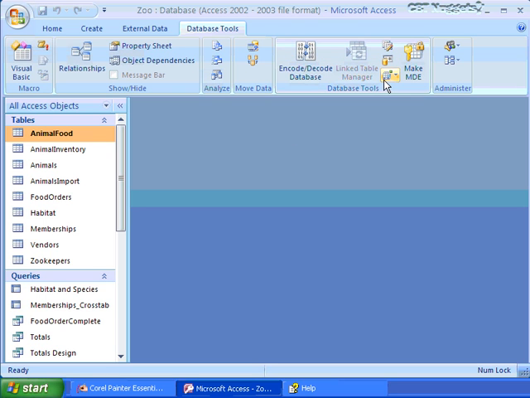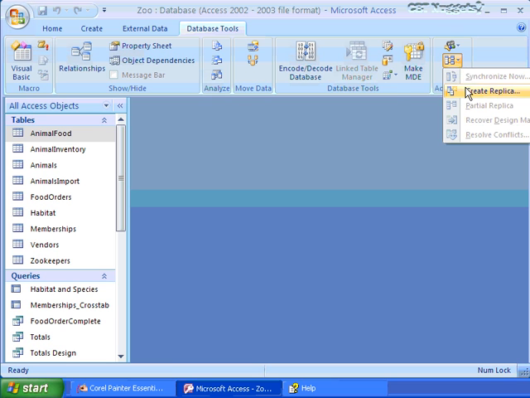This one is for add-ins, and we'll get to that when we take a look at our database options. Add-ins are programs you can download from places like Microsoft.com, which will give you additional functionality in whatever program you're adding them into. The administer, users and permissions will come back to in security, but this one right here, replication